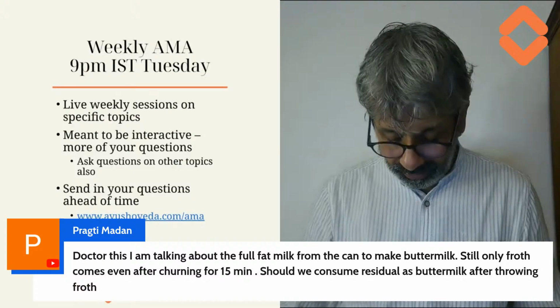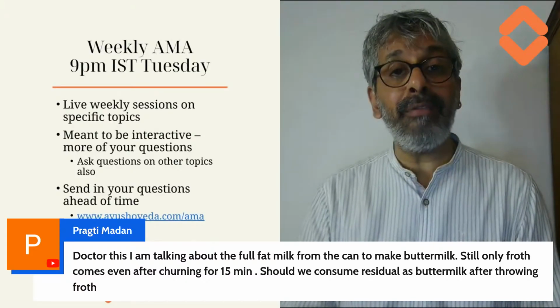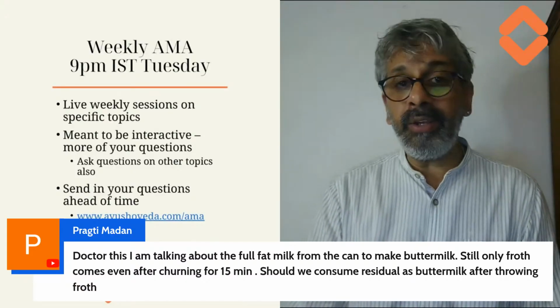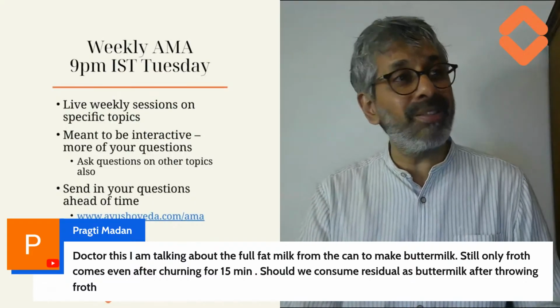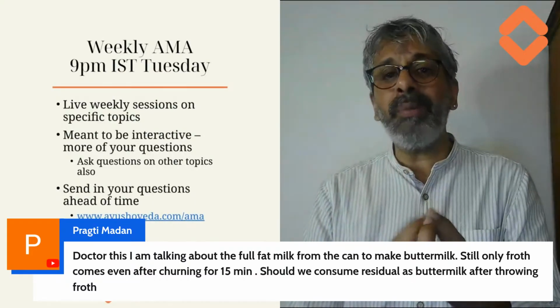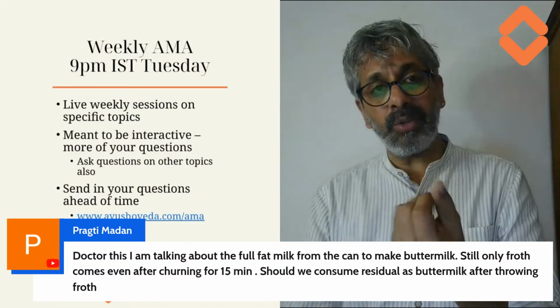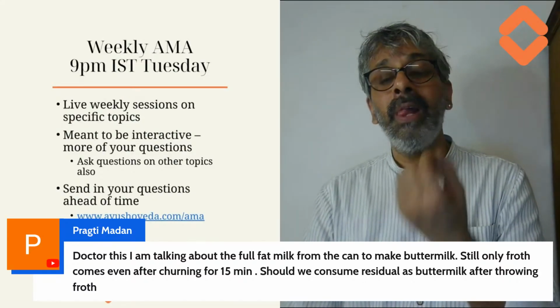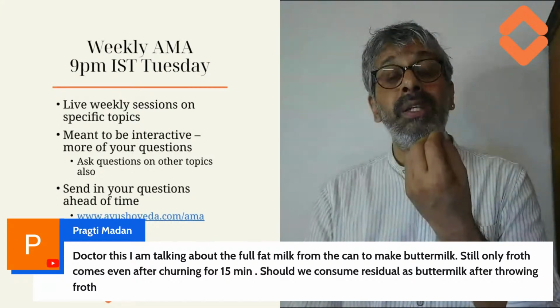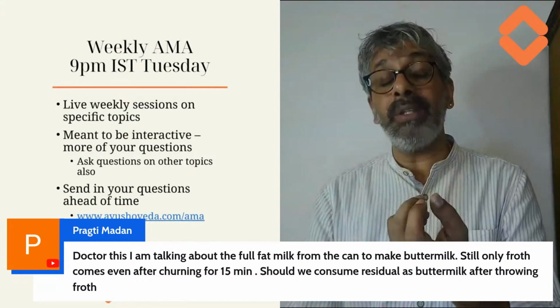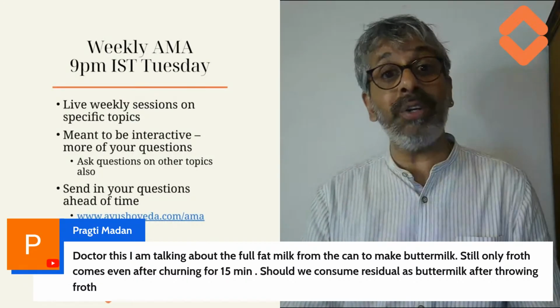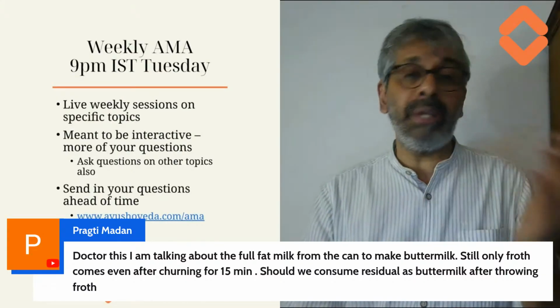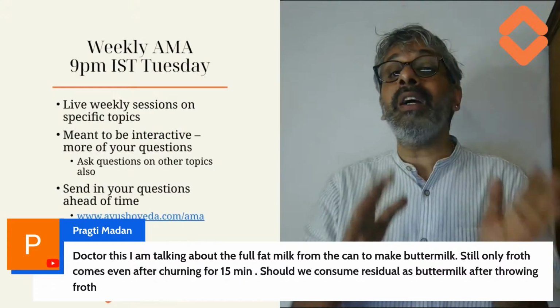See, buttermilk is normally when you don't have fat in it, then you can call it buttermilk. But buttermilk cannot be sweet, because buttermilk is a fermented thing. Takra is slightly fermented. It is light and slightly amla, in the sense that it is sour, and it also has an astringent taste. If it doesn't have all these things, you can still consume it as buttermilk, but the takra properties mentioned in Ayurveda